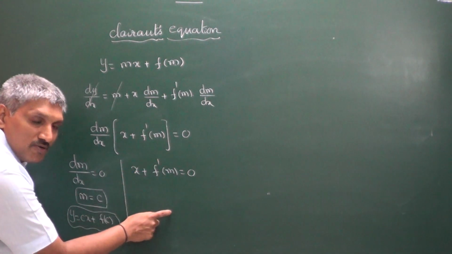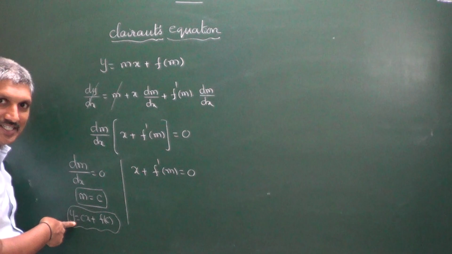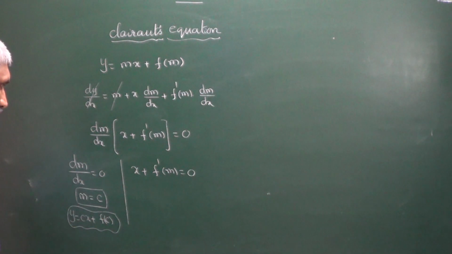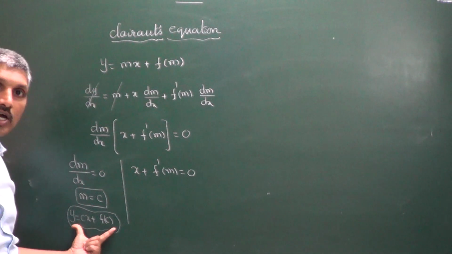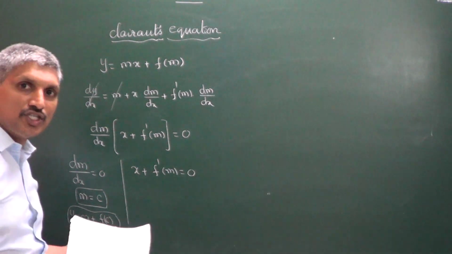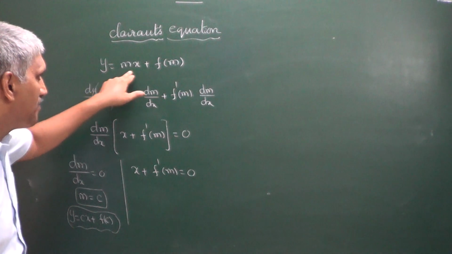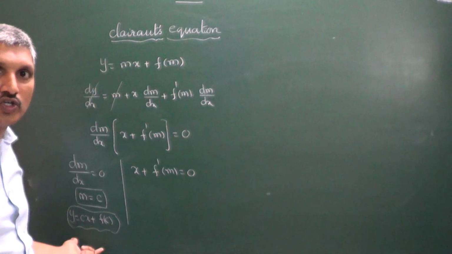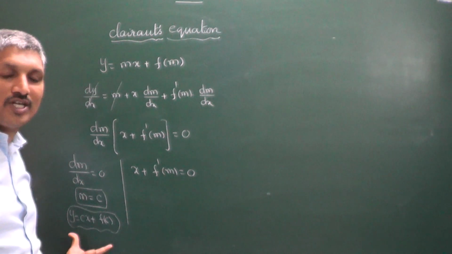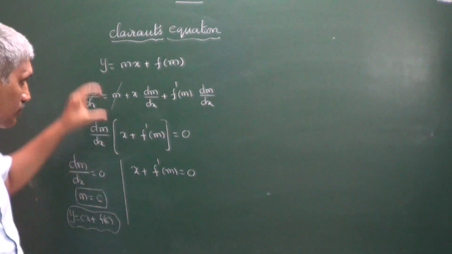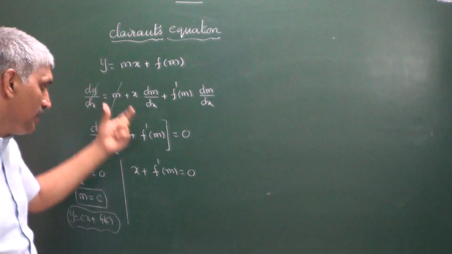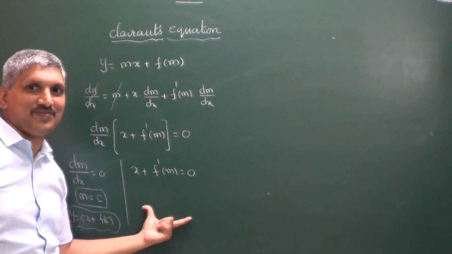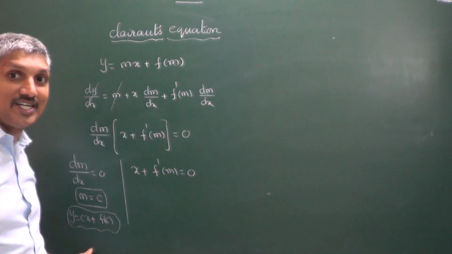For that curve, this is the tangent which you are going to get. So this solution is called a general solution, which is nothing but wherever m is there, in place of m substitute c, the solution which we will get. This solution is called the general solution for the given differential equation. Another solution we also get, that is the curve. For that curve, this is the tangent.